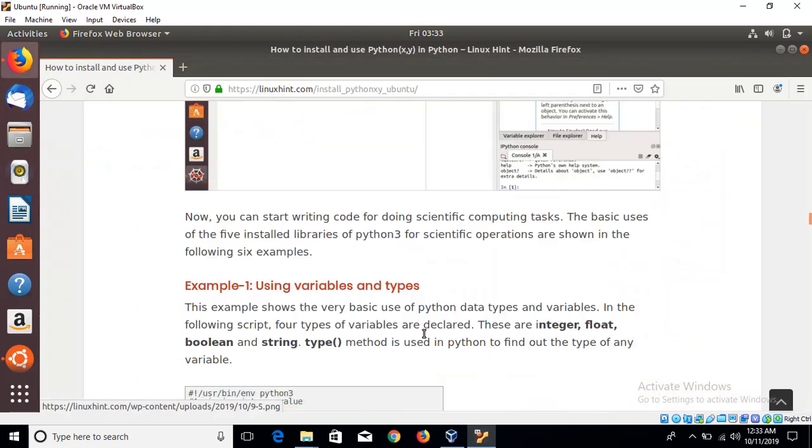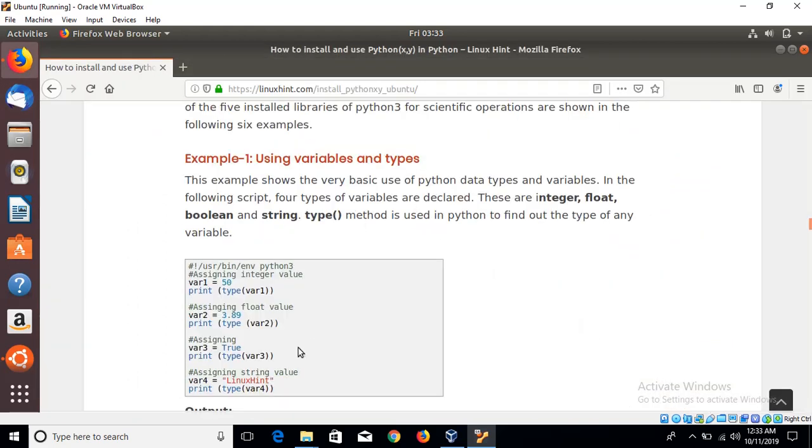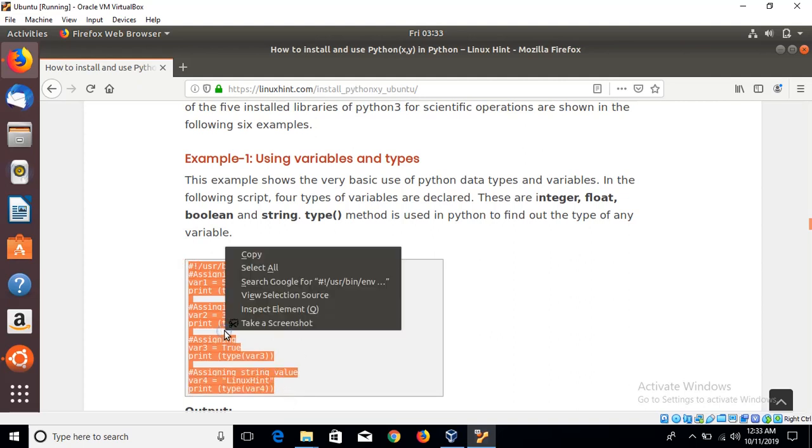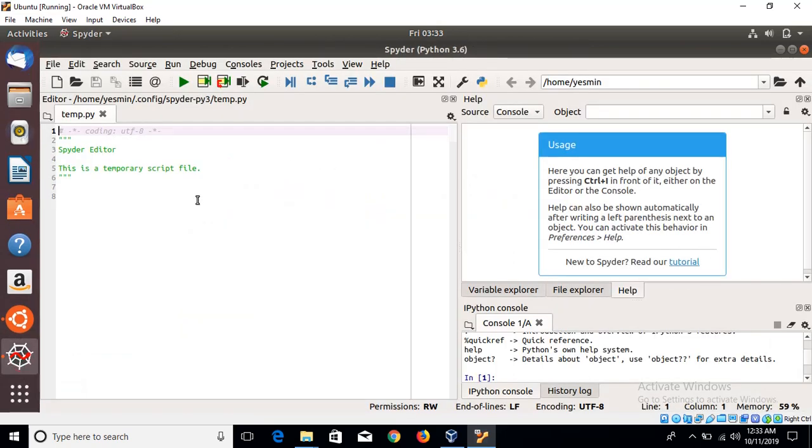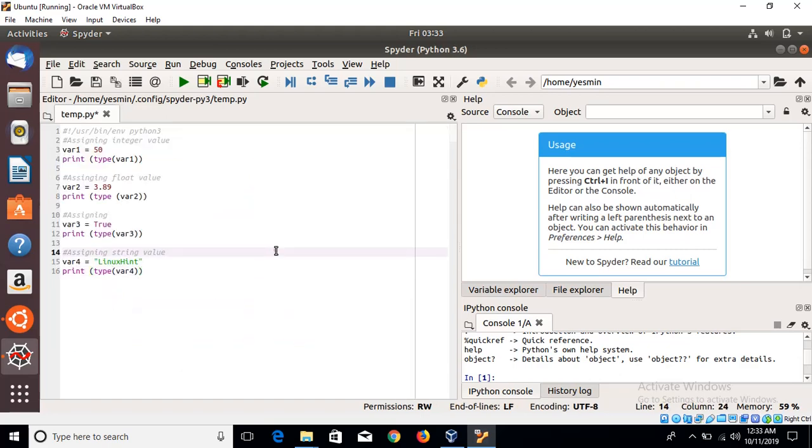In the first example, it is showing how you can check the data types of Python variables. So I will copy the code in the editor. Okay. In the first variable var1, 50 is an integer. So to check the type of this variable, just use type function. In the same way, var2 is a floating point number, var3 is a boolean data type, and var4 is a